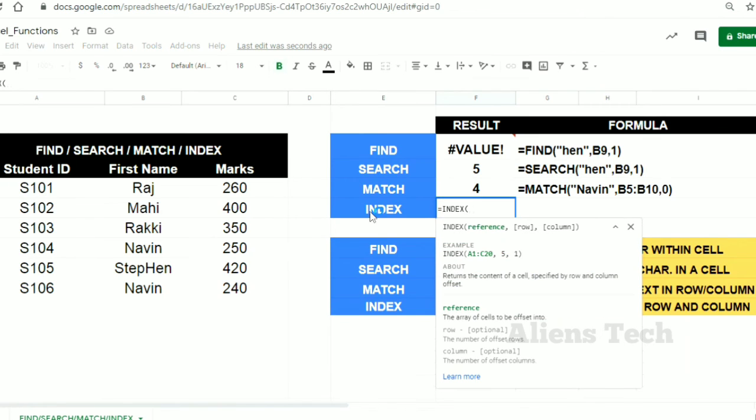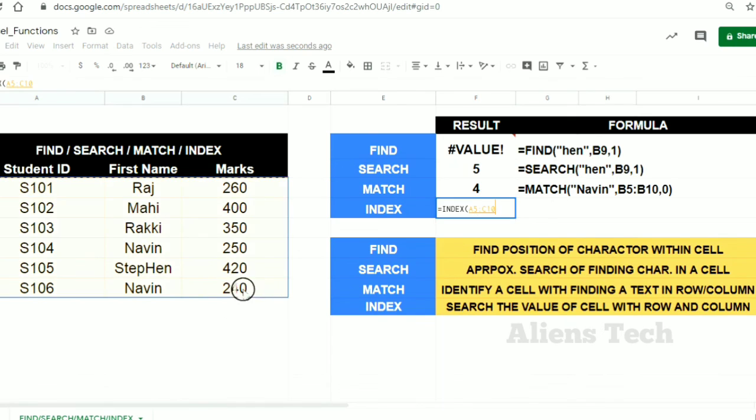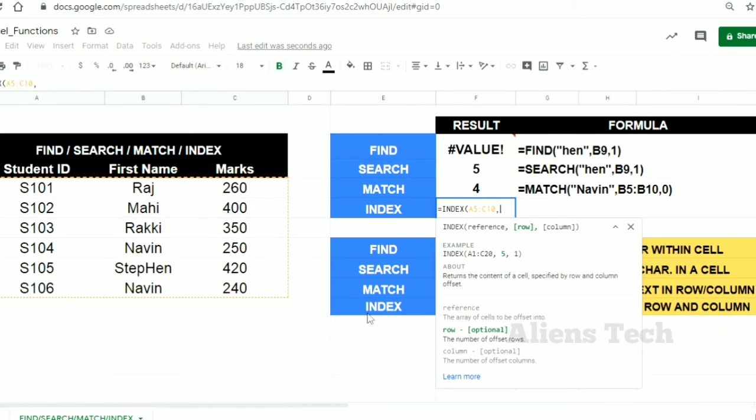Here it is accepting three parameters. The first one is the range, so I'm just taking the range A5 to C10, and what row I need to look for. So this is the first row, second row, third row, fourth row, and fifth row. I'm mentioning the third row here.